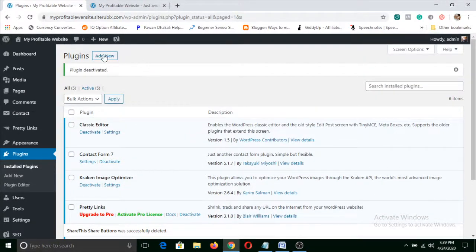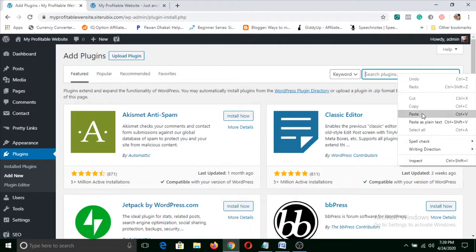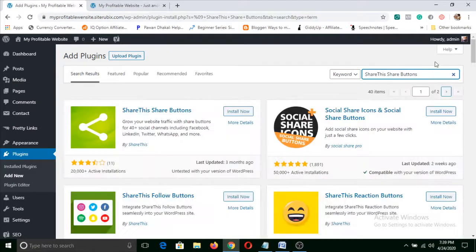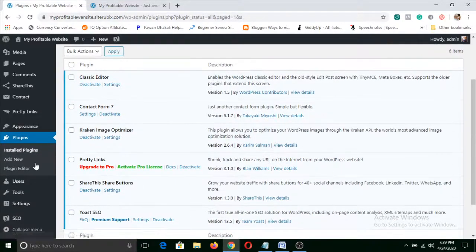Now I need to click on add new and here you will see search plugin. Now I simply type which plugin I need. As you can see there, Share This share button. Now I need to click on install now, and once it is installed, you need to click on activate. This is how you can install plugins. Just install all of these plugins.